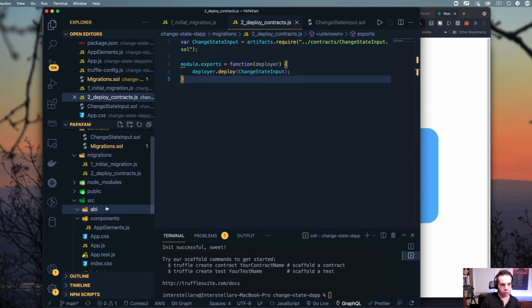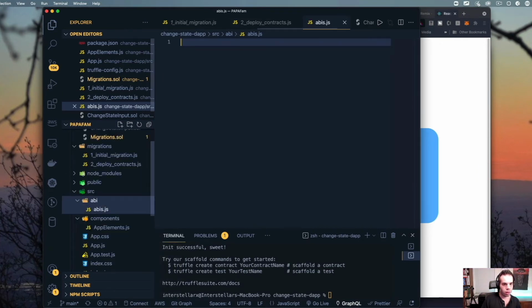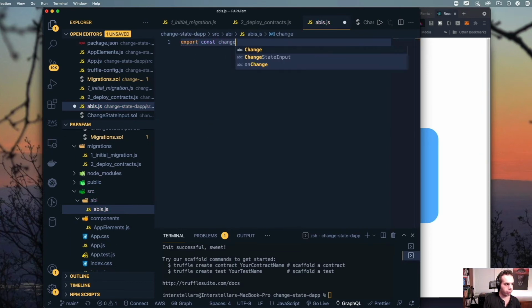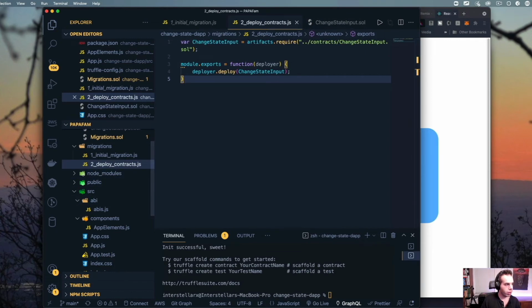So I'm actually going to create a file. I'm going to call this abis.js. And we're just going to keep some sort of boilerplate code for now, and you'll see where to add this in later. But we're going to put this basically as an empty array of JSON data, and we're just going to save that. Cool. So that'll be a coming attraction in a second.